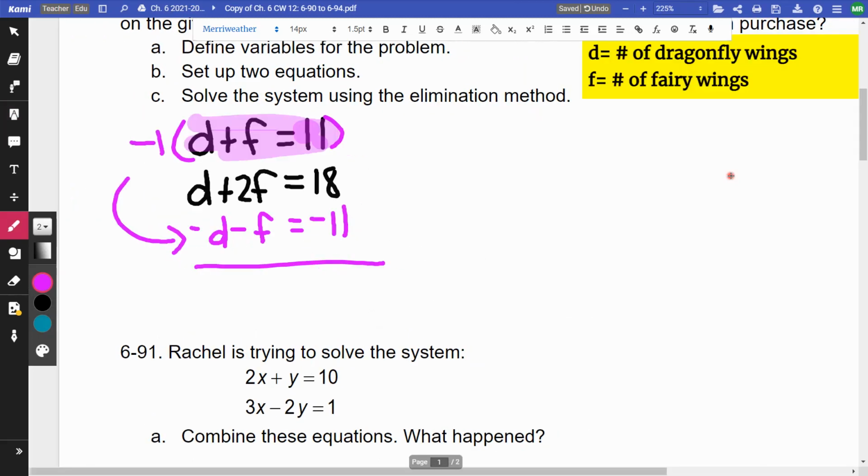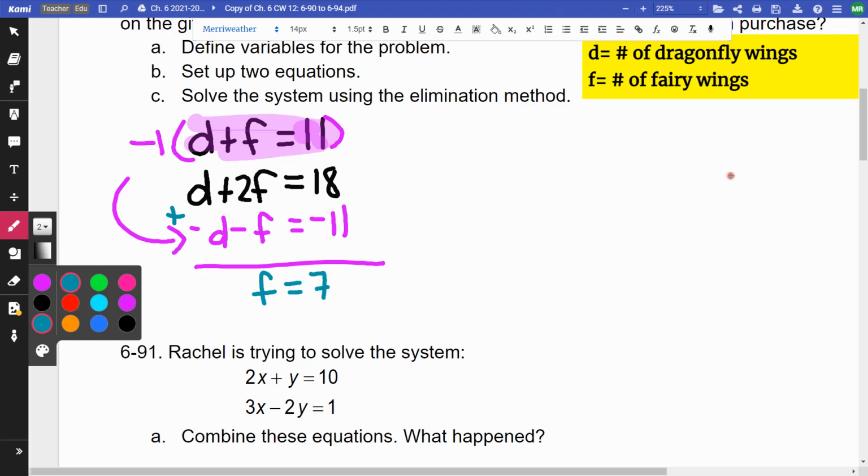Now that I've done that, I can add these two equations together. And when I combine this, it's going to cancel out. I'm going to get F is equal to 7. That's your answer for the number of fairy wings. I still need to figure out the dragonfly wings. Probably the easiest one to do is D plus F equals 11. And so basically, if I know that my fairy wings is 7, what can I add to 7 to get